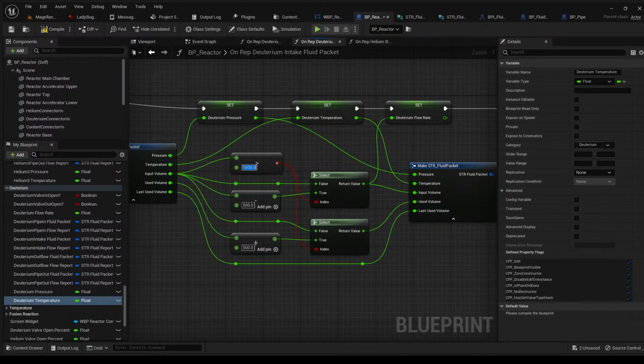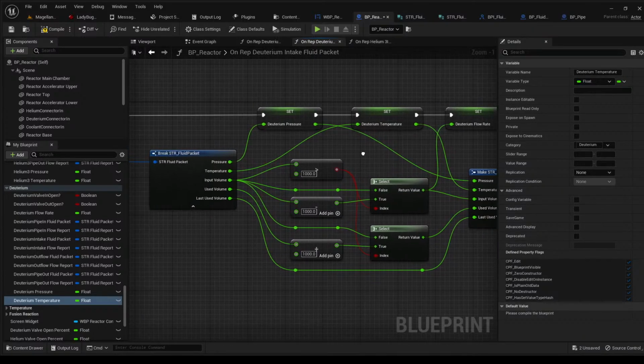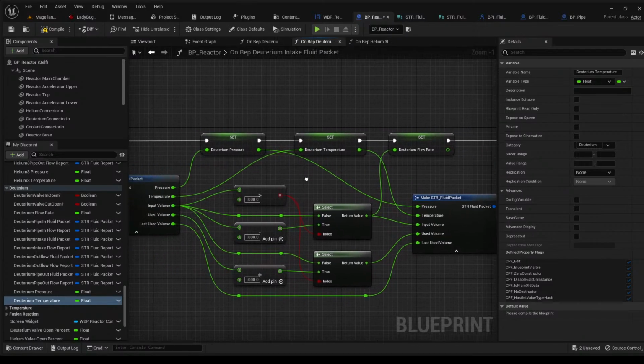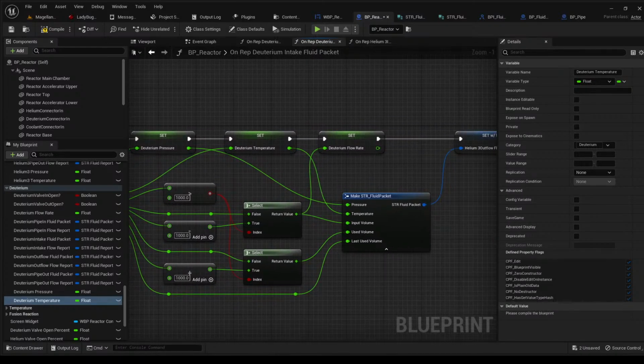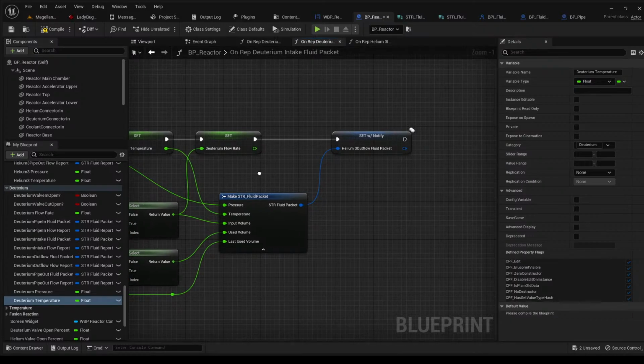Right, and set these to 1 liter a second. Oops. So this should give us our perfect 2:1 mix ratio, which means the reaction efficiency should be fixed, which